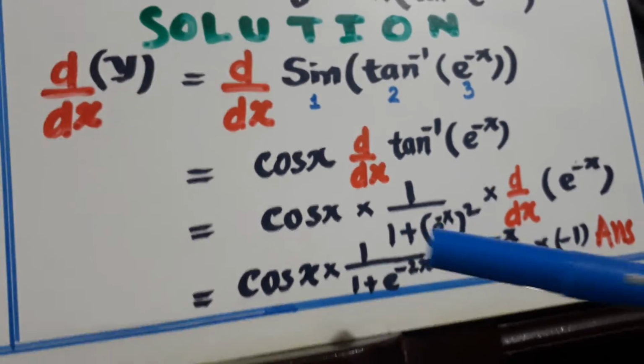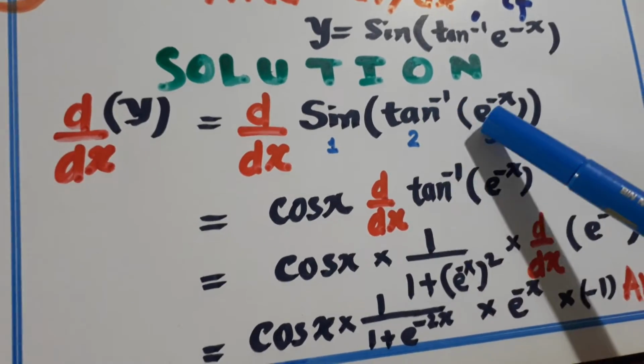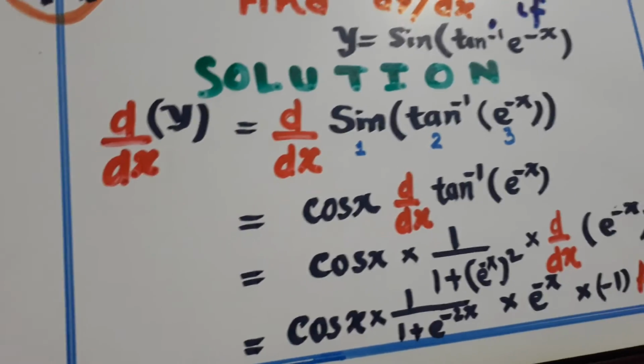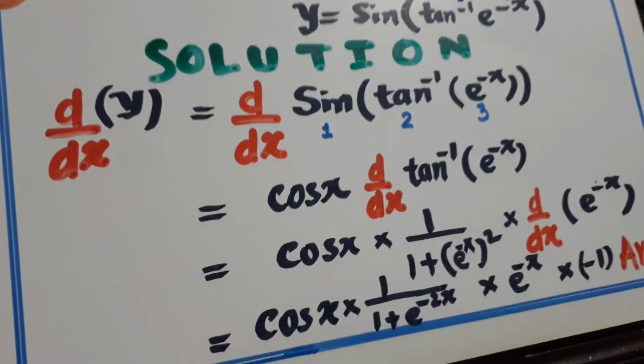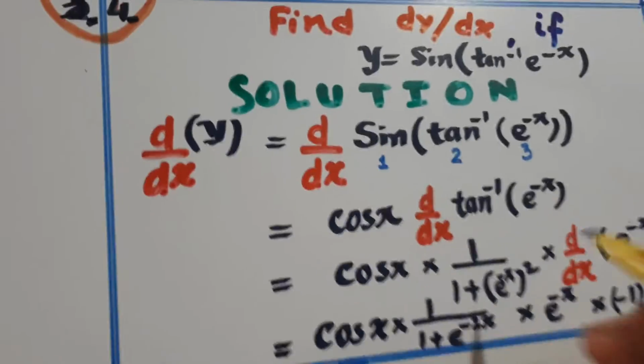So this is the answer. Here in place of x it should be tan inverse e raised to power minus x. So we have to correct this. Now look here, it should be